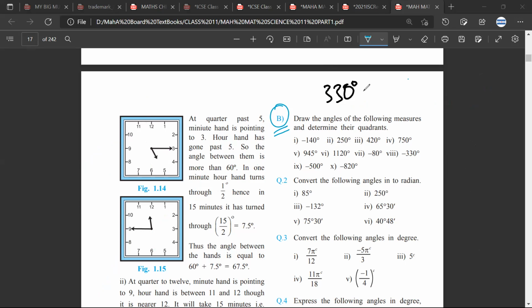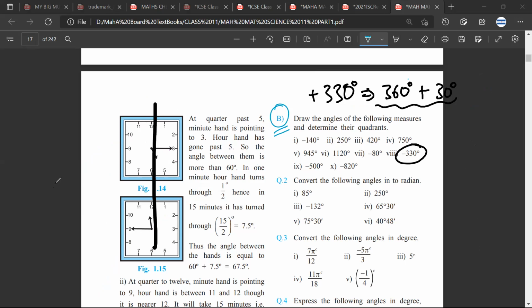See, if I had to plot 330 degree, it would be 360 minus 30. I'm not considering minus 330, I'm considering positive 330. Any doubt till here? So, for example, if I have to plot 330 degree, positive 330 degree, then what I'll be doing is